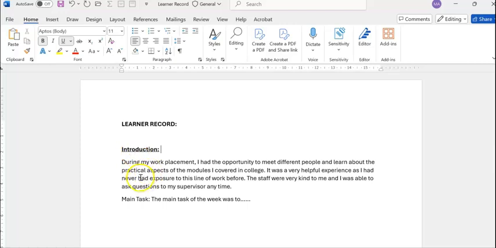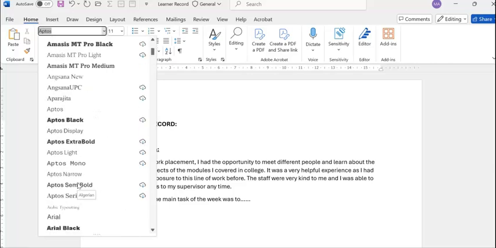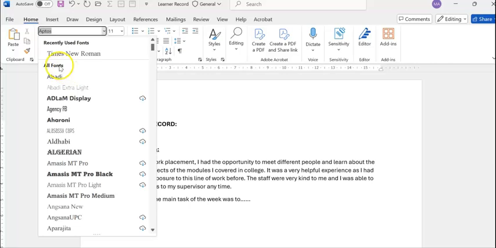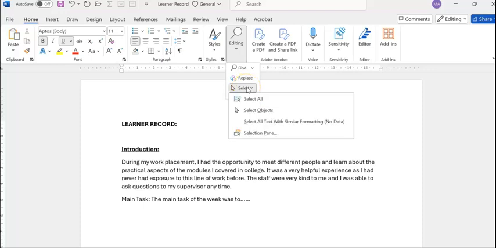The next thing I want you to know is that you can choose a different type of writing. This arrow here gives you the different options and you can explore the different types of writing. But for the most part, academic writing requires that you use Times New Roman for everything. So to do that, I'm going to select the entire document. I select the entire document by going to this tool that looks like a magnifying glass. I click on the little arrow and I click on select